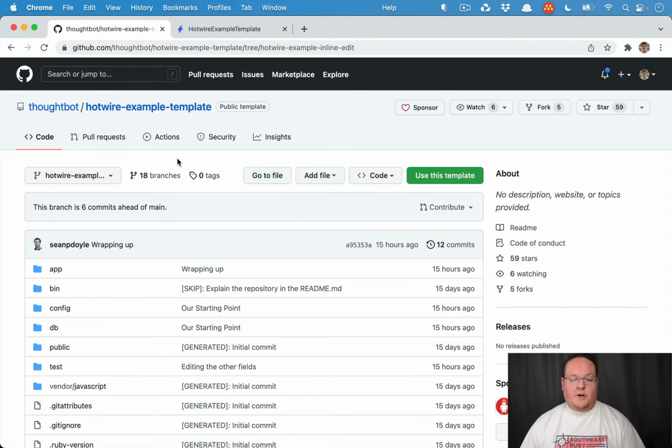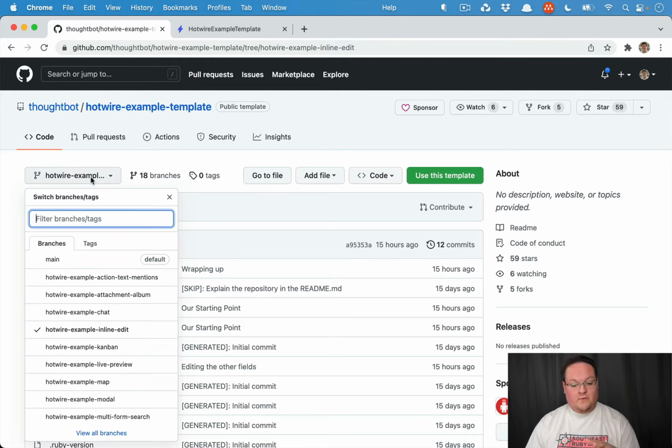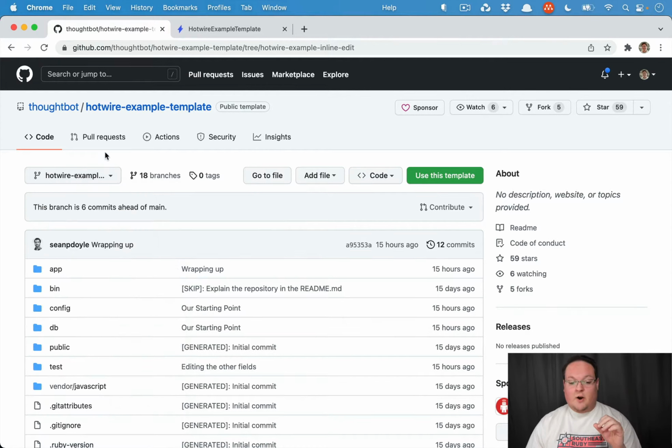Hey guys, this episode we're going to be talking about how to do inline editing with Hotwire and Turbo, specifically using Turbo frames. And this tutorial is actually written by Sean Doyle, who's done a lot of work on Turbo itself. He's also got this great repository of Thoughtbot Hotwire example templates that has branches for lots of different features. We're going to work through all of these and see how they all work, because he's got a really great